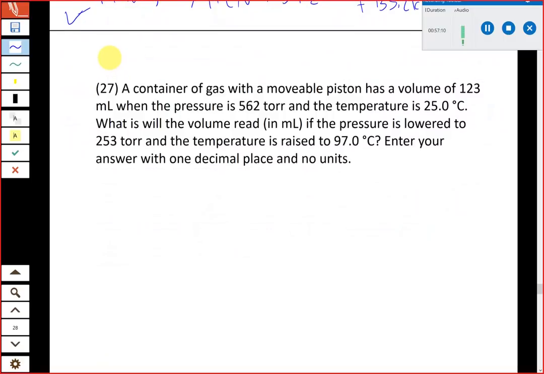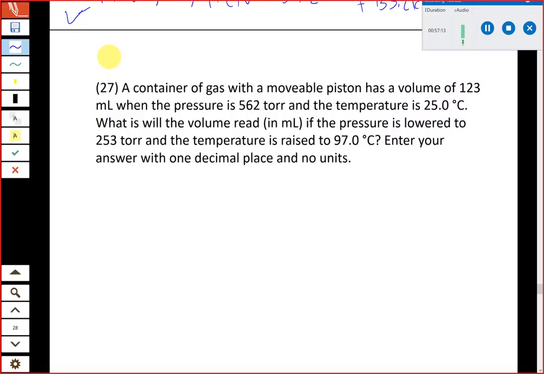So we have a container of gas with a movable piston. It has a volume of 123 milliliters when the pressure is 562 torr and the temperature is 25 degrees Celsius. What will the volume read if the pressure is lowered to 253 torr and the temperature is raised to 97 Celsius? So this is a pretty typical ideal gas problem where we have a sample of a gas and we're giving you 2 different conditions of temperature, pressure, and volume,